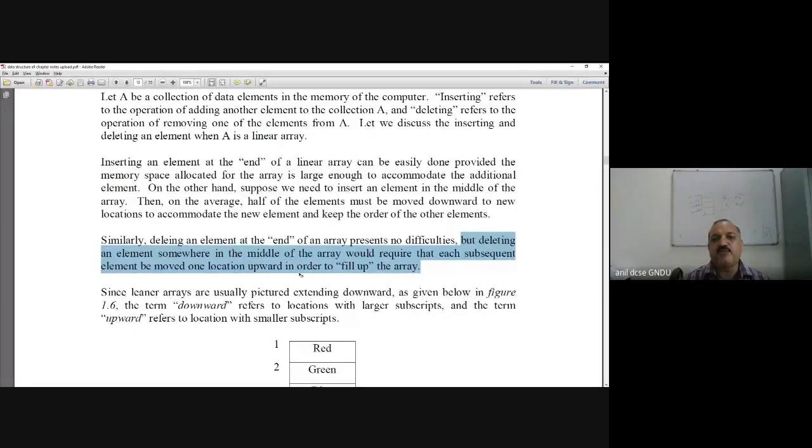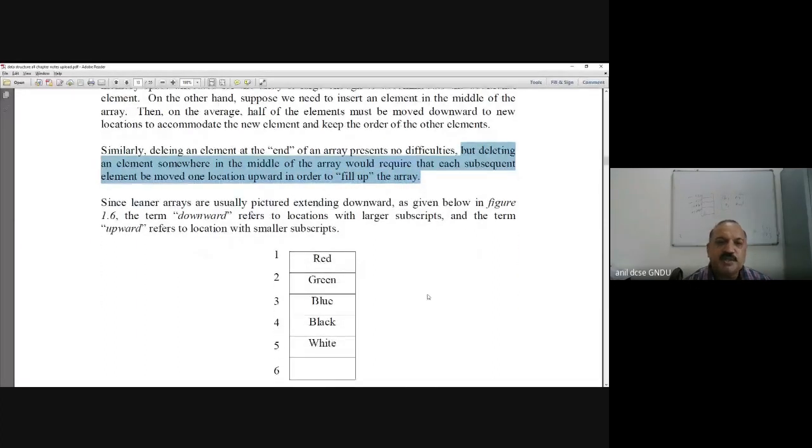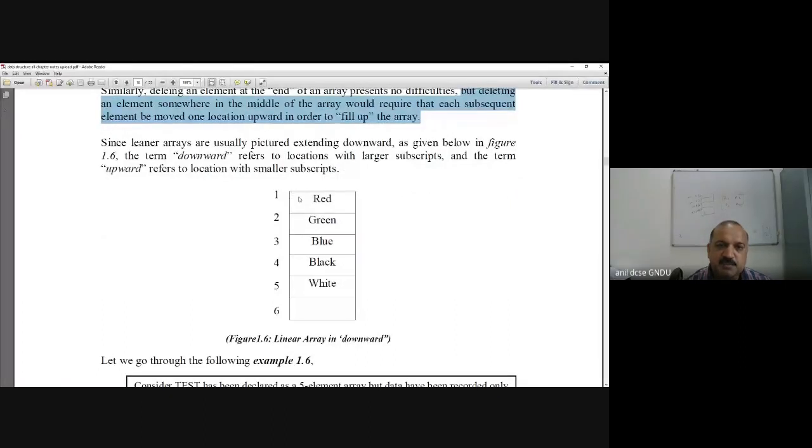Fine. Look at this example. First location red, then green, third blue, fourth black, fifth white. Let us suppose I want to add brown. If I want to add brown at the sixth location, then there is no problem. If I want to add brown at the third location, then blue will shift down, black will shift down.